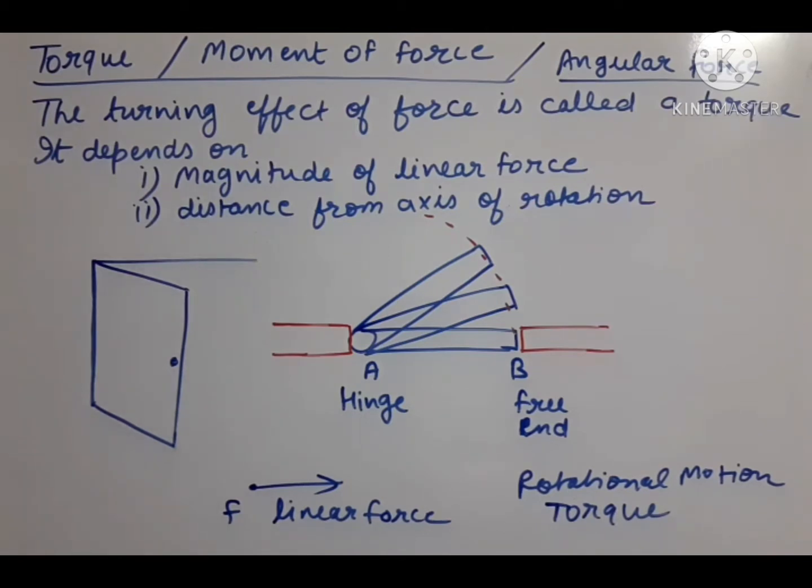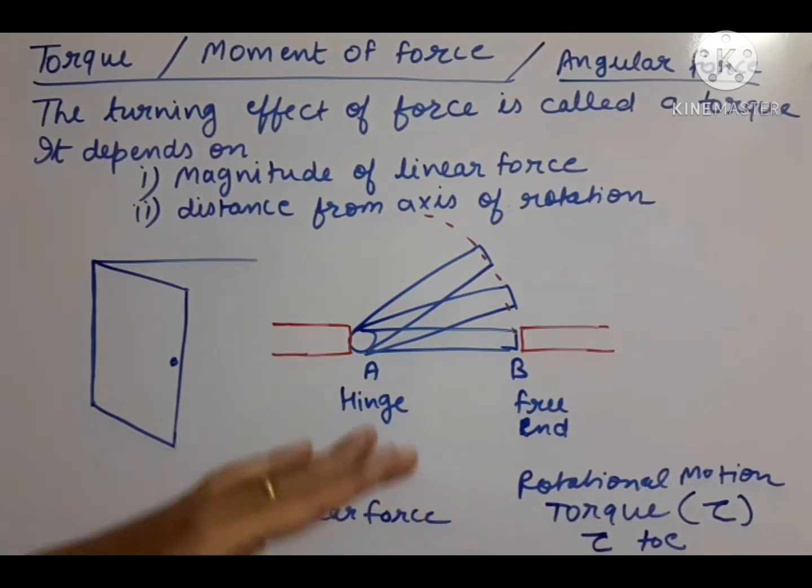Let us discuss the symbol for torque. Like for the linear force we use the symbol F, in the same manner for rotational motion, the force which is required, that we call the torque, its symbol is the Greek symbol tau. How to make it? See again. You have to make a C and over it you have to make a line. This symbol is read as tau, and we are using this symbol for the quantity torque. So we will read it now as torque only. The symbol for the quantity torque is this symbol.